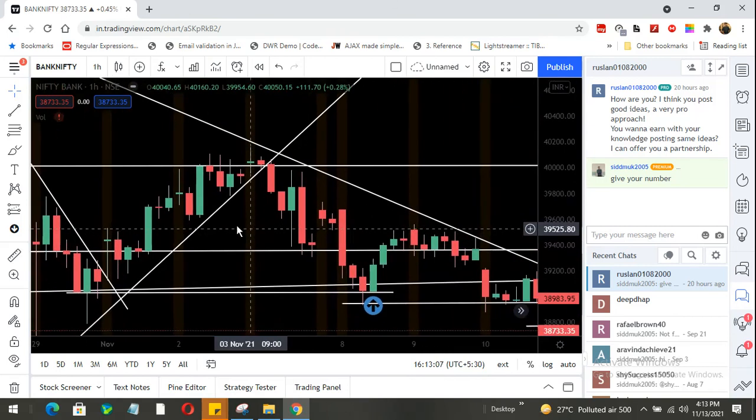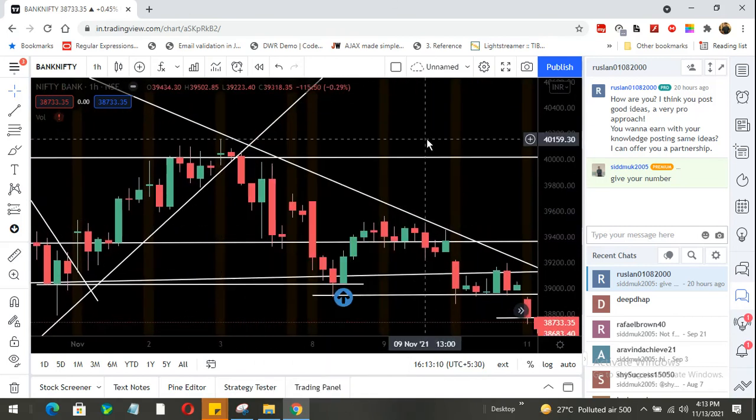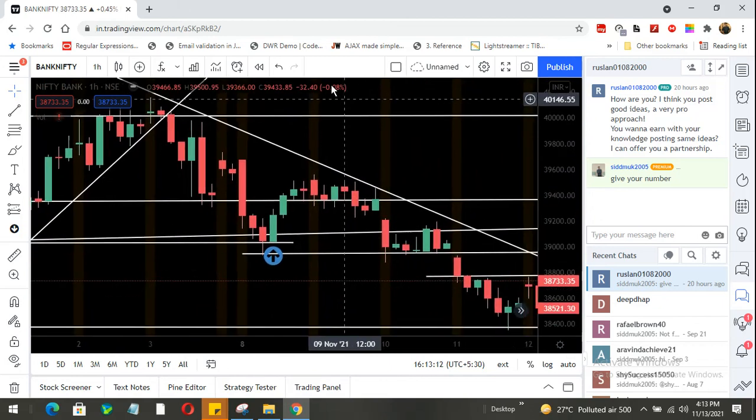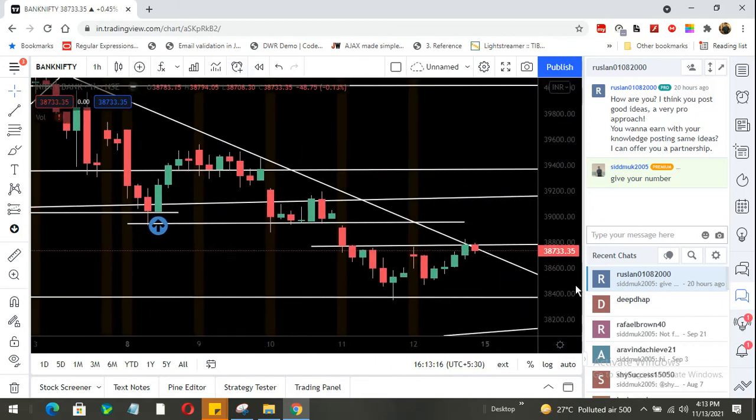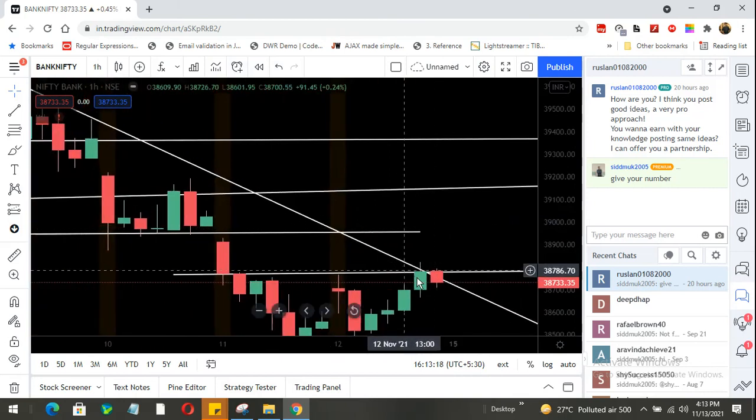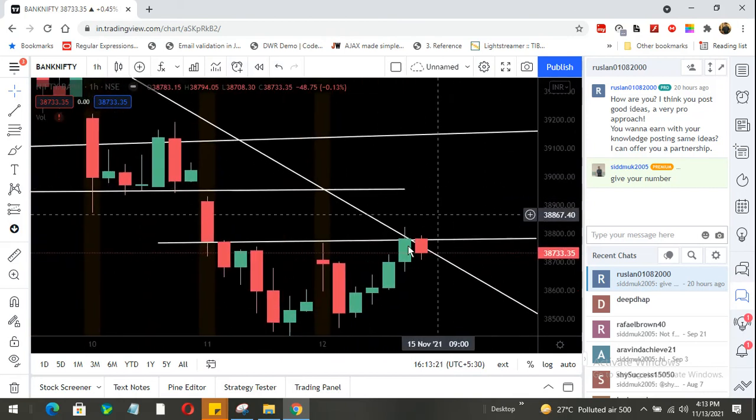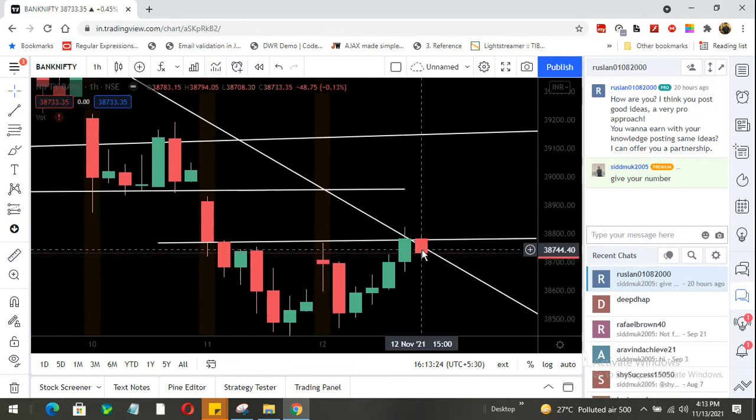This is the Bearish Harami pattern. The previous candle is green, the next candle is red, near the resistance. Previous trend is upside, and the last candle should be green, and the next candle where the Bearish Harami pattern is occurring should be red. The red candle exactly covers 50% of the previous candle. So that is the Bearish Harami pattern.